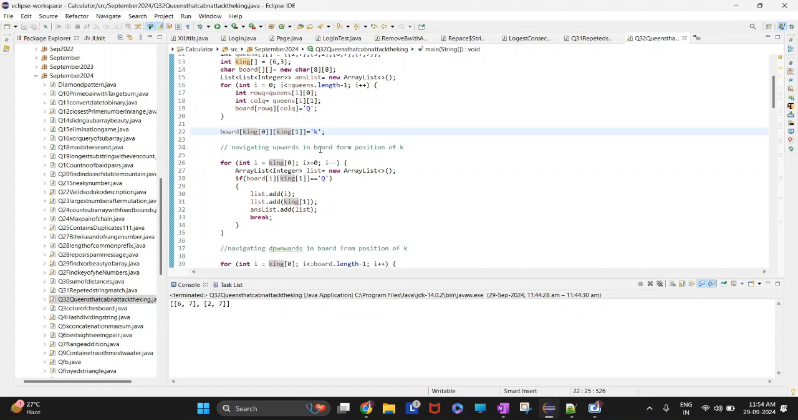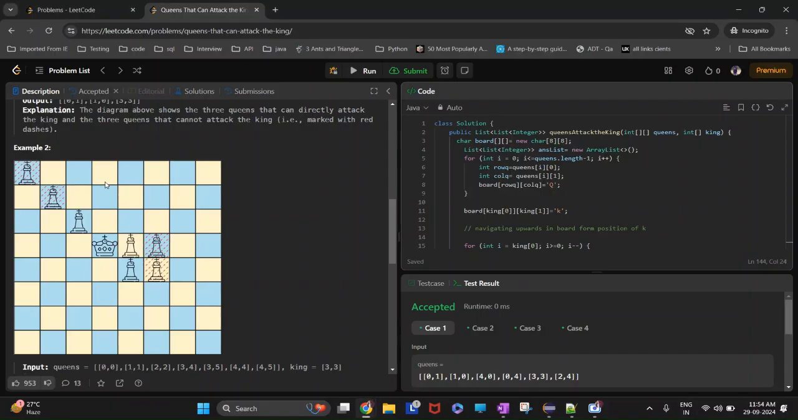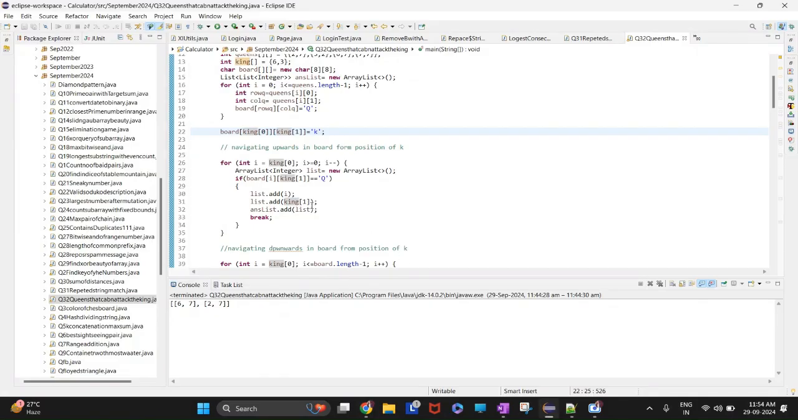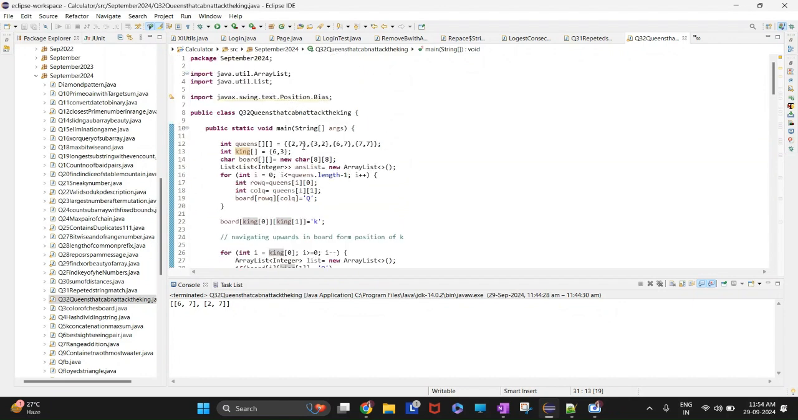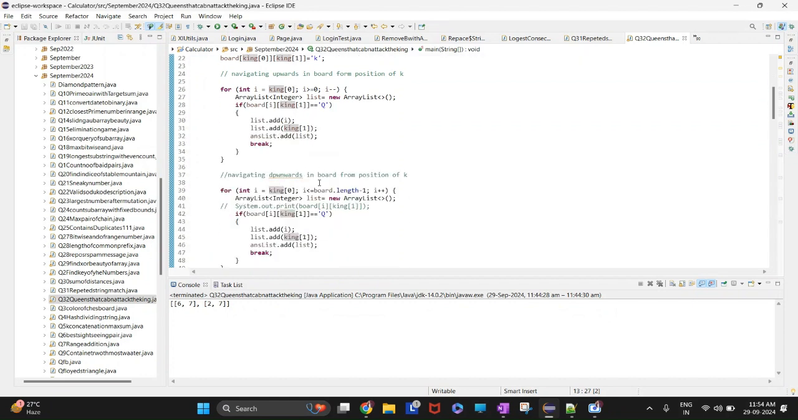First, navigating upwards in the board requires the row to decrease and the column to remain the same. That is king of one. We have to start from the king's position and navigate in all 8 directions. Okay, now navigating downward